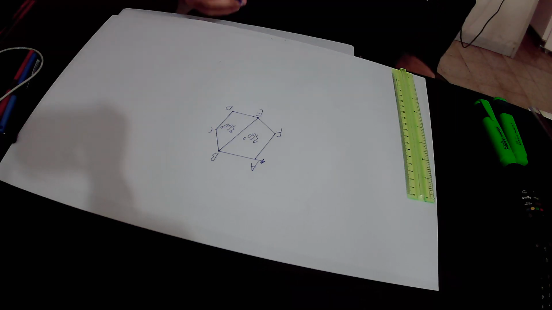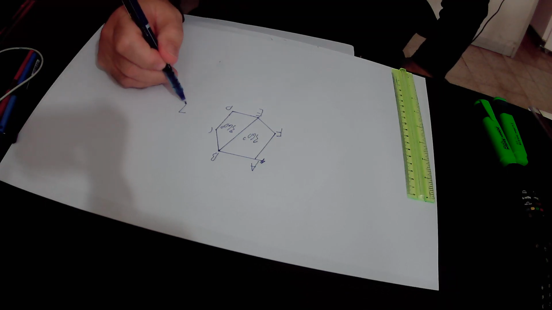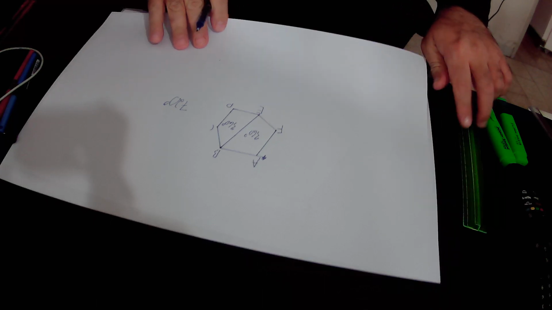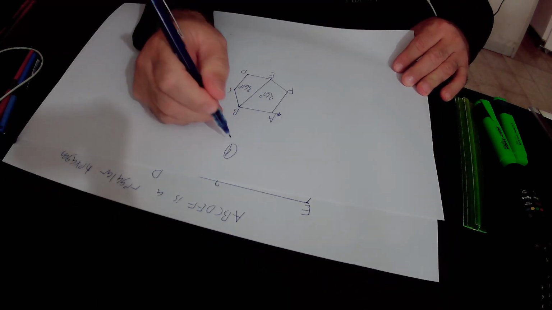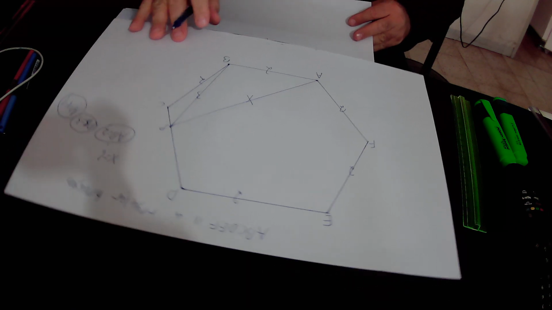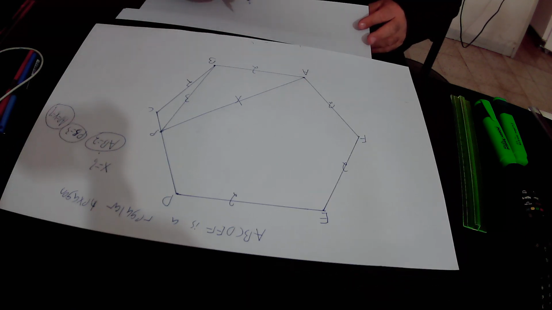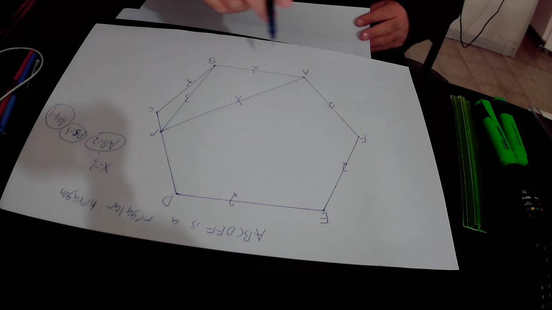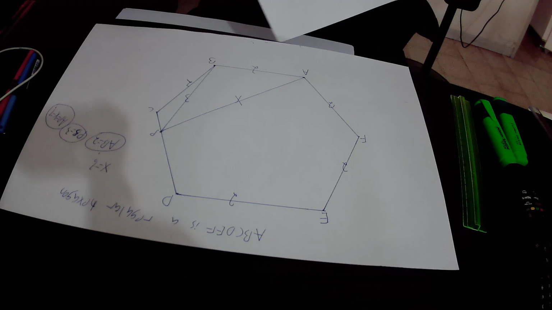Therefore, the sum of the angles in those 2 quadrilaterals, that is the sum of the angles in the hexagon, will be 360 degrees plus 360 degrees, that is 720 degrees. So the sum of the angles in this regular hexagon is equal to 720 degrees,